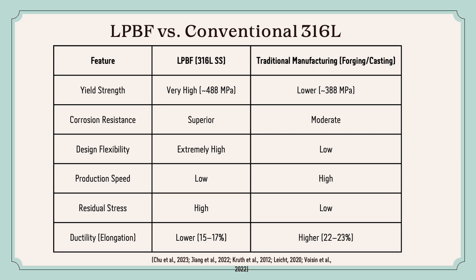This table compares LPBF manufactured 316L with conventionally manufactured 316L. Overall, LPBF 316L offers a higher yield strength, better corrosion resistance, and significantly greater design flexibility. The improved strength mainly comes from the fine cellular microstructure and high dislocation density created during the rapid solidification. In addition, additive manufacturing enables the production of complex geometries that are difficult or impossible to achieve through conventional manufacturing